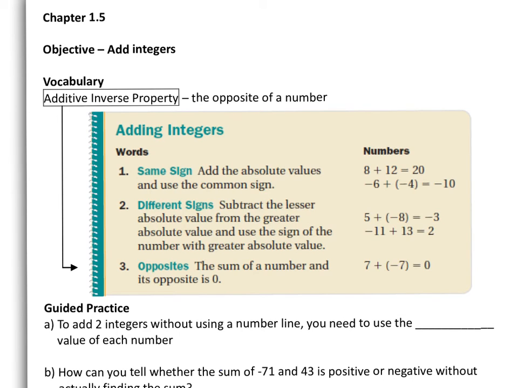1.5. Adding integers. To add integers with the same sign, you need to add the absolute values and use the common sign. So in numbers, for example, positive 8 plus positive 12 will give you 20. And for negative 6 plus negative 4, you would add 6 and 4 together to get 10 and use the common sign, negative. If we use the number line,